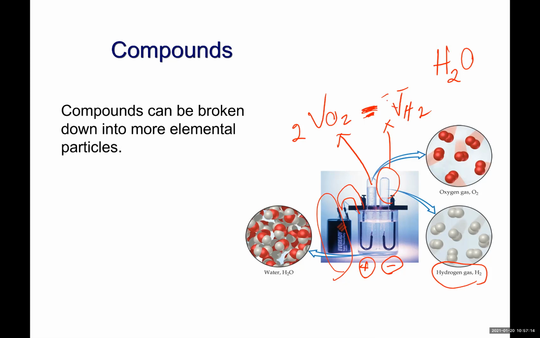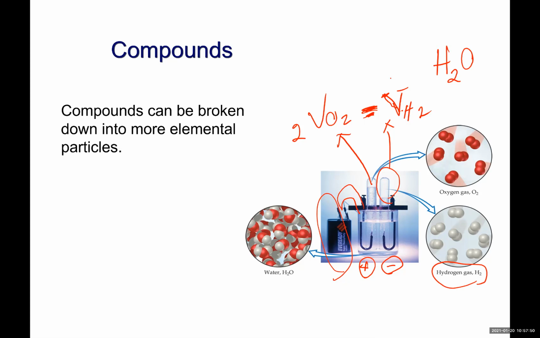Why do we have to use energy? Because when compounds formed, they release energy, they lost energy. You want to break them down back to their original elements, you have to use energy. Why do elements react together to make a compound? Because they are more stable in their compound form. So when you reacted oxygen and hydrogen together, there was a big explosion, there was a lot of heat release, water was formed.